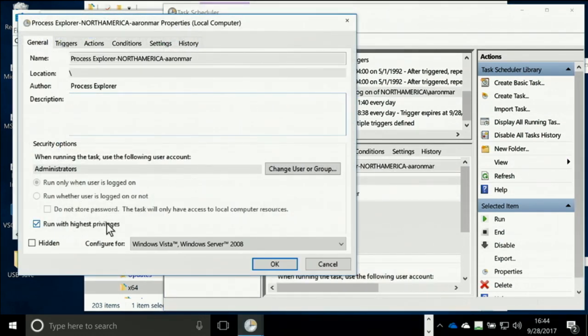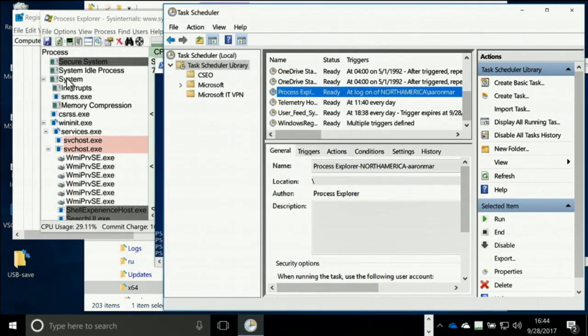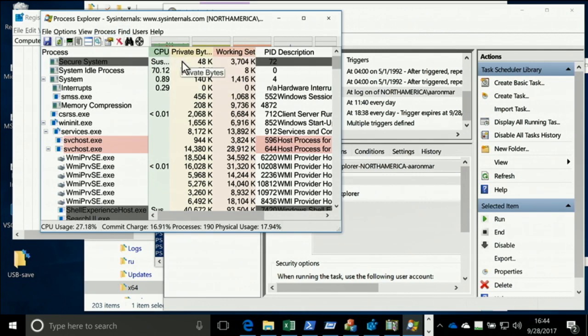Process Explorer run with highest privileges. You can't set that unless you're running elevated. So by doing this, I can log on with UAC enabled, and Process Explorer will actually run with admin rights without my having to click a UAC prompt. So that's one way to bypass. If you're running as a member of the administrators group, you can run things this way without having to click through the UAC prompt. Okay, so